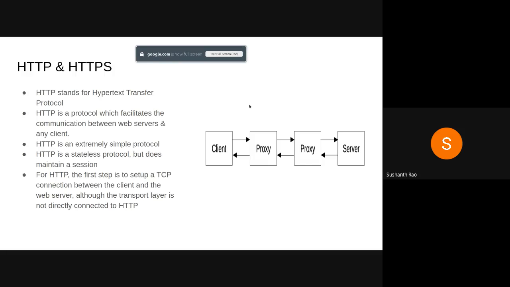So coming to the most basic protocol that we use for web client and web server communication, it's called HTTP. HTTP stands for Hypertext Transfer Protocol. This is a protocol used for communication between the web server and the web client.